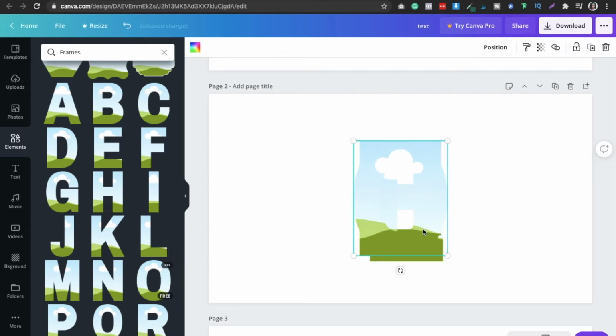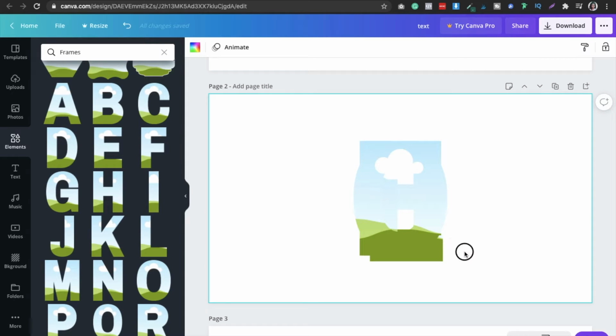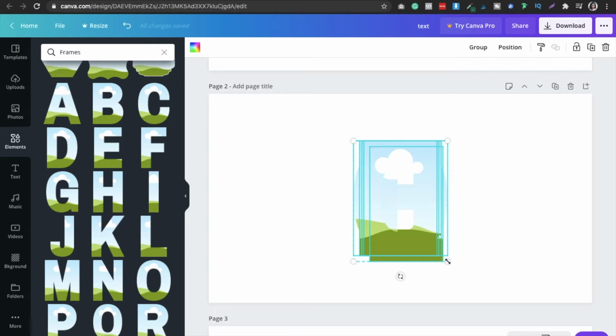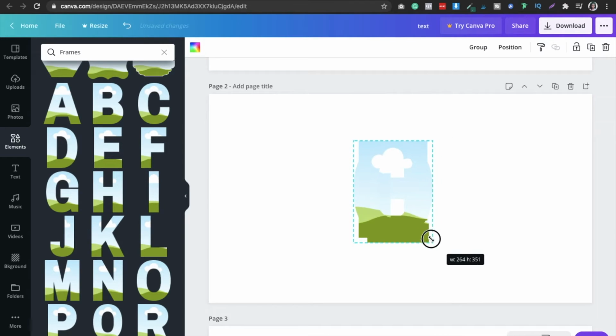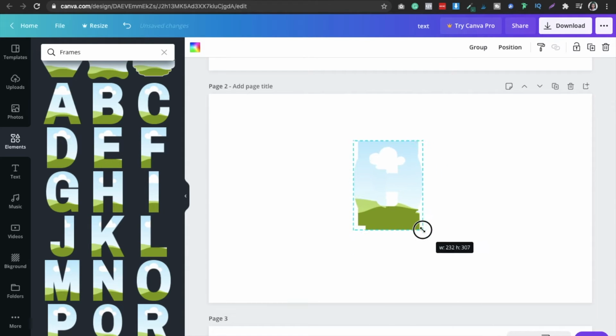HELLO. Okay, so now once we do that, we have to set its size. So what you are going to do is select all, and then you can increase or decrease the size.